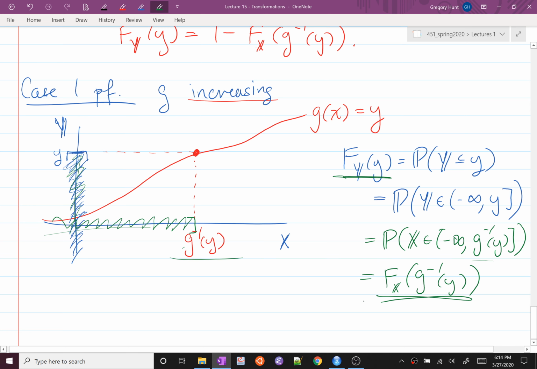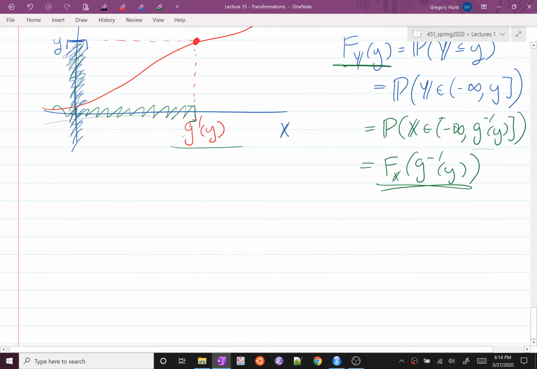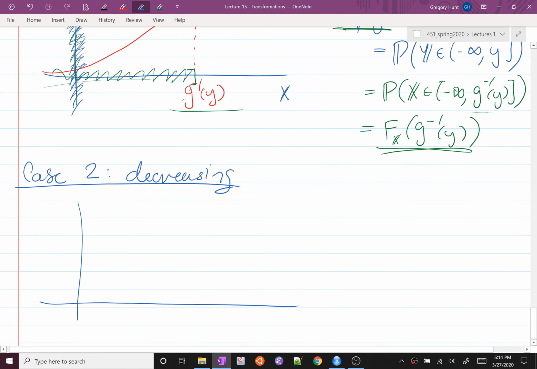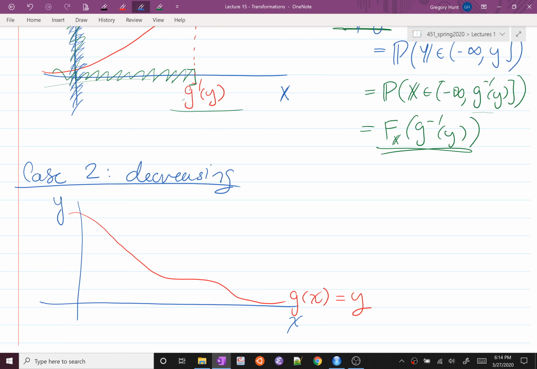So that's the increasing case proof, and we could do case 2, which is very similar, which is decreasing. I'll go through it real fast. Here's my plot. Here's x. Here's y. Now I have a decreasing function that looks something like that. This is g of x, gives me y. If I want to find